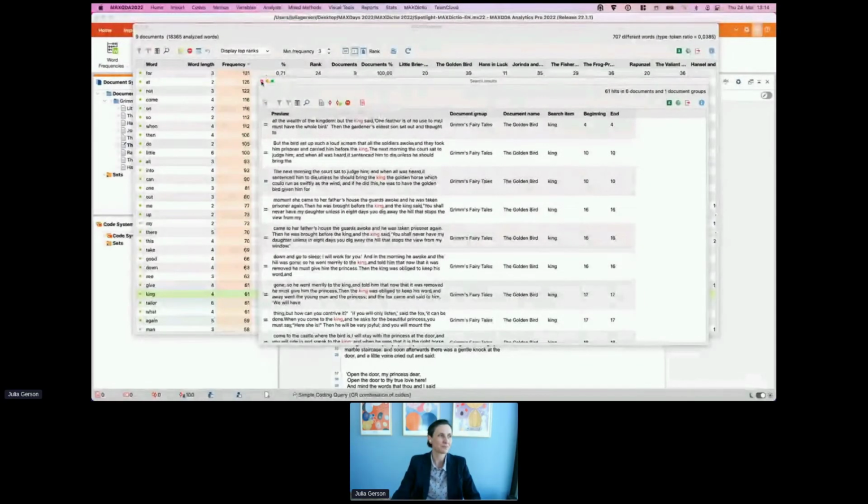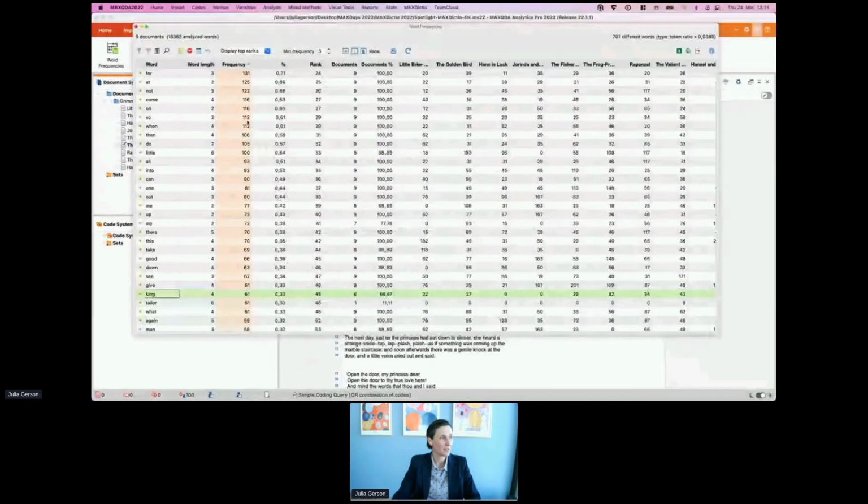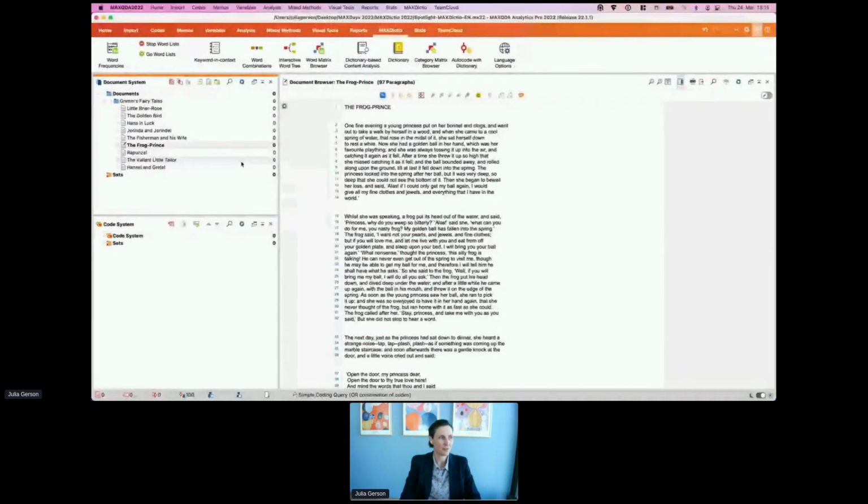So this is the basic of the word frequencies in MAXDictio. I'm going to move on to the next option, where the result will look similar, but it's of course a little different, which is word combinations. If I open up the word combinations